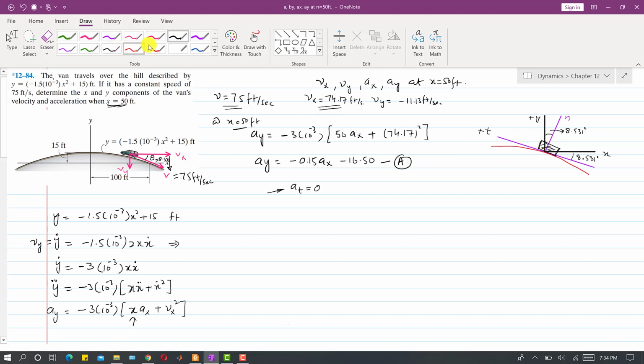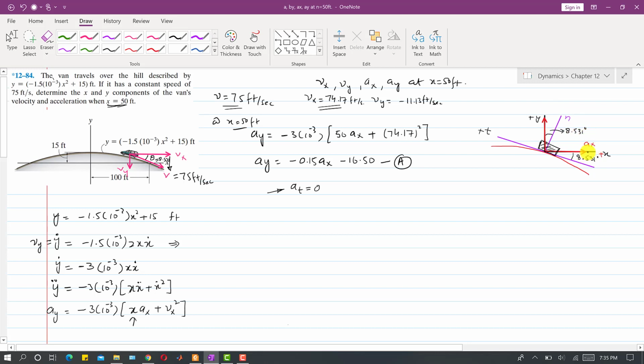So now if you want to find the ax and ay components, let's say that this is the ax, right? Let's say that this is that car and this is that tangent. I have discussed this already, and this is the positive x and y axis. So let's say this is the x-axis, so this is the component of acceleration along x, right? And let's say that this is the acceleration component along y, and now we know this angle, right? So this angle is 8.531 degrees.